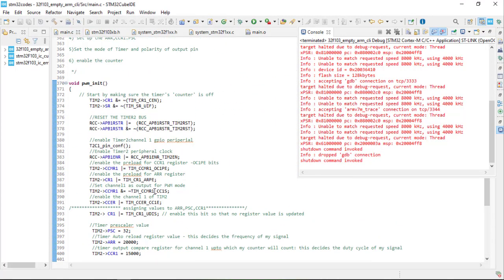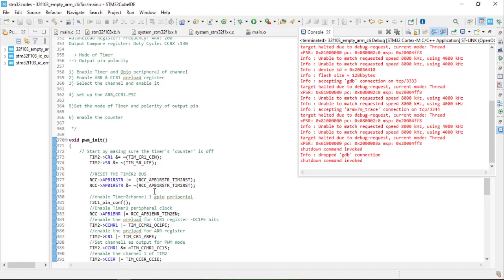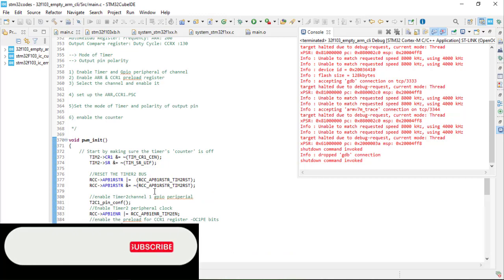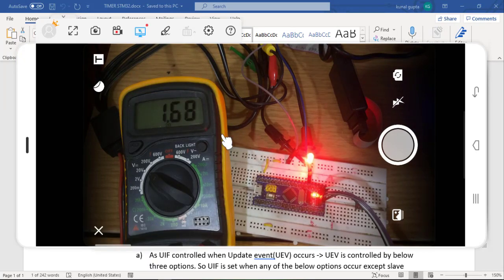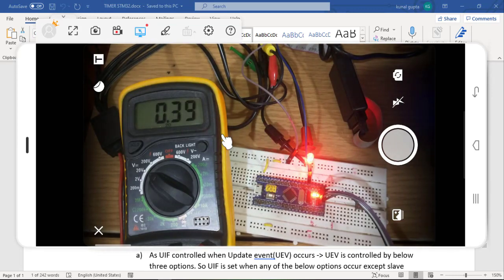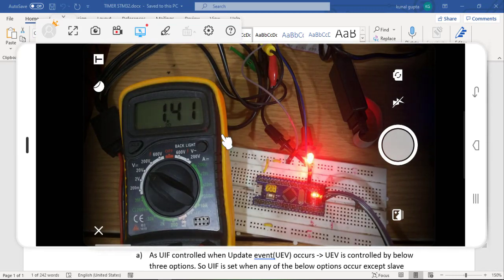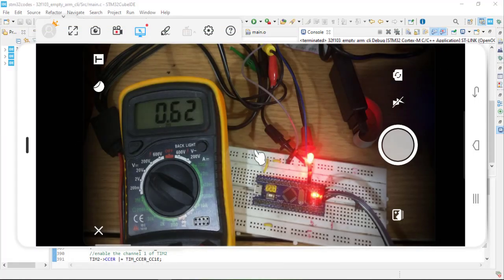So this is how you can generate PWM signals on the STM32F103 microcontroller. Using the same kind of concept, PWM waves are generated in the STM8S. STM8S registers are very similar to the STM32 registers, so approximately our code is very much alike. If you go to the datasheet of the STM8S and take a look at their registers, you will totally get the point.